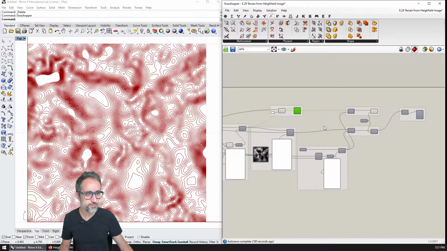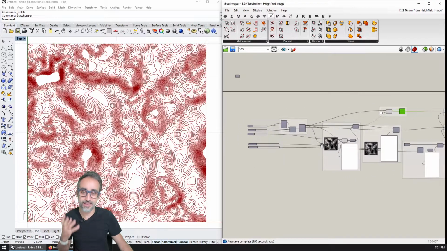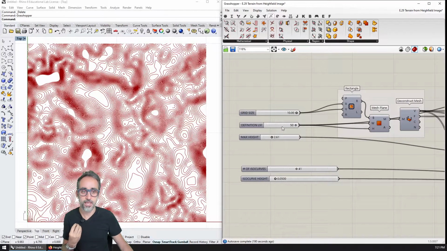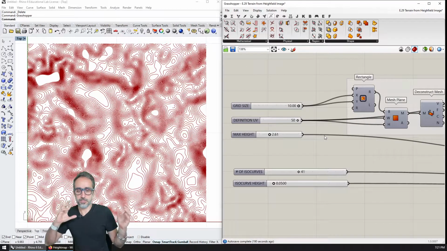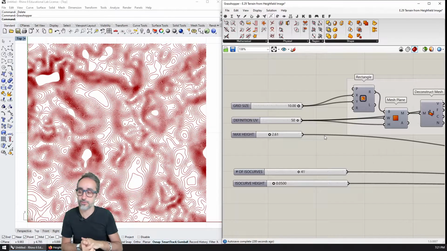It's going to be a fairly simple exercise. It's barely 12 or 15 components, but it's more about the ideas that we're going to explore here that I would like to emphasize. Okay? So this is going to be really cool, especially if you're into landscape or video gaming or those kind of things. So bear with me, and let's first do some sketching and some diagramming to think through how we are going to approach this problem.